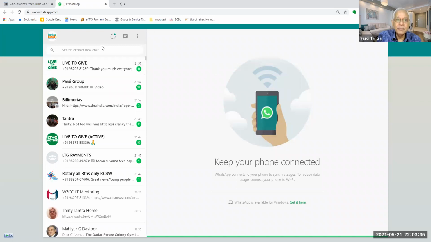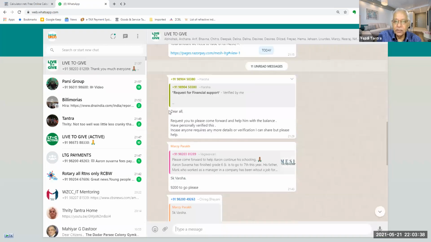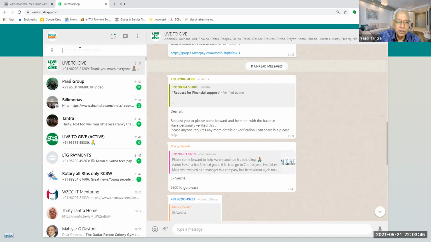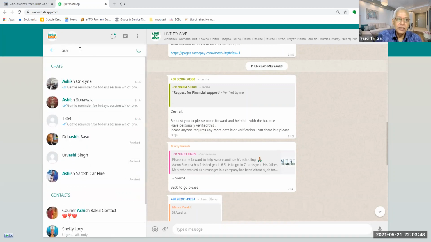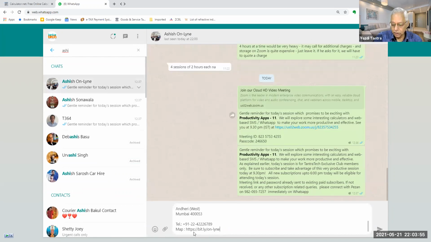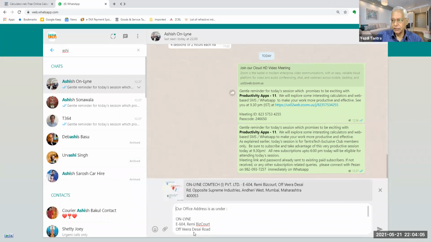Now the beauty of coming to this is that I can do anything on the computer. I can do a copy paste. If there is a telephone number, I want to write my address, or I want to do whatever. Suppose I want to send my office address to somebody. I will say, okay, my office address is automatically written here. I can copy paste if I have it in my clipboard. I can do a whole lot of things out here.